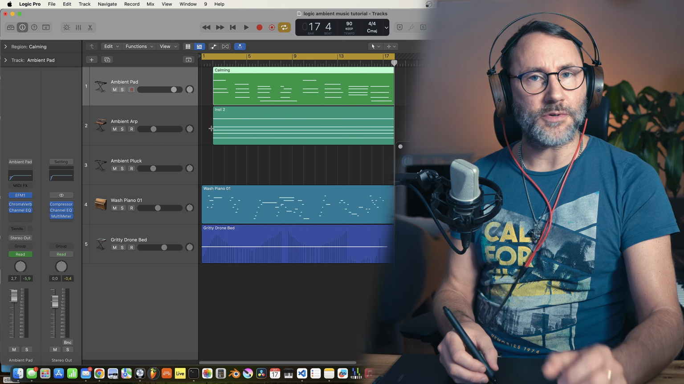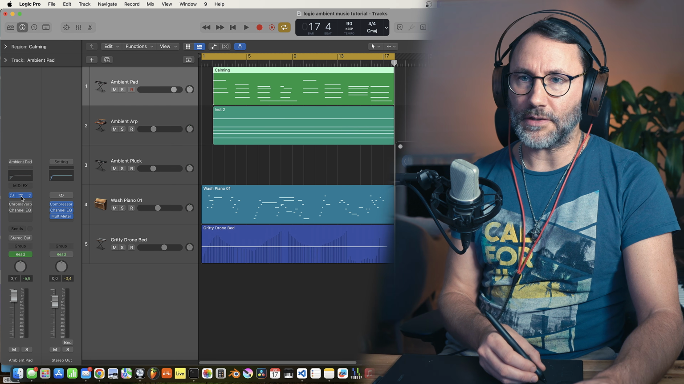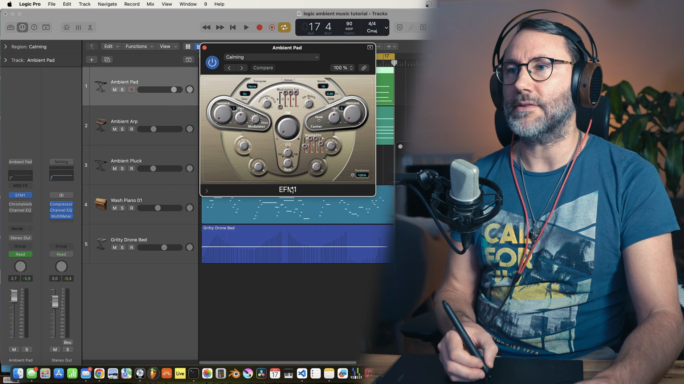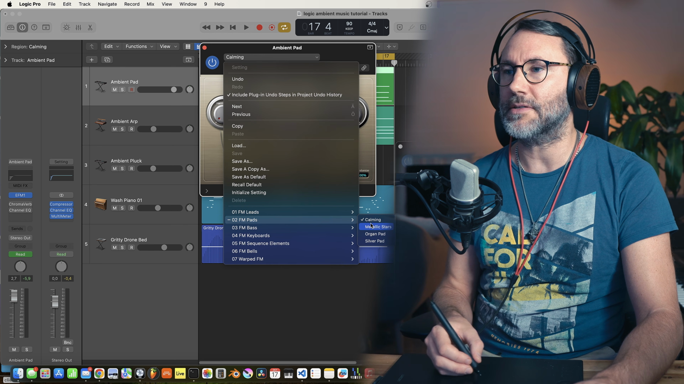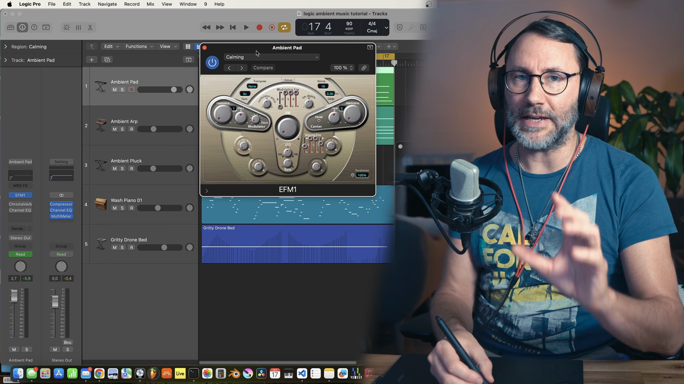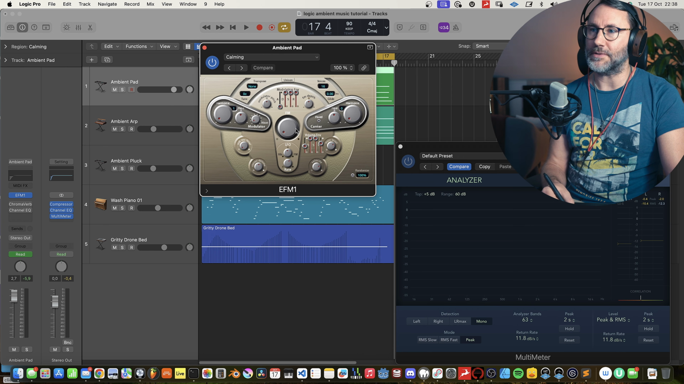Okay, so let's first focus on the first sound, this Ambient Pad. This is created with the EFM1 synth of Logic Pro, and it's one of those default patches called Calming, with a little bit of twist. I have the mod wheel of my MIDI controller attached to the frequency modulation, the FM knob in the middle